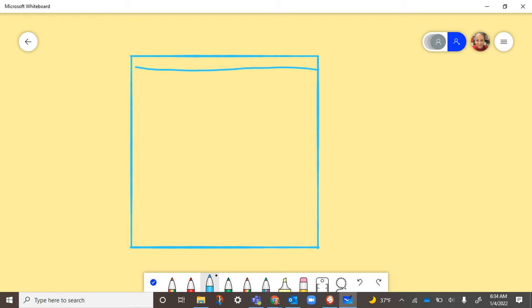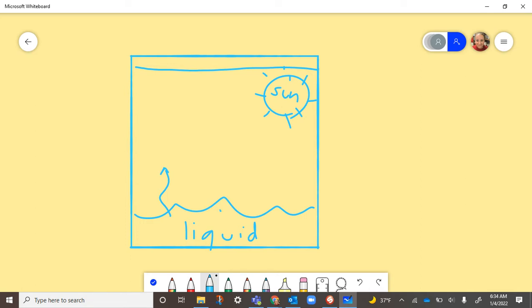So everything starts off with the sun. That's your powerhouse. Without the sun, we would not have the water cycle. So we labeled it sun. So the sun heats the water. The water right now, if it's in the ocean, in a lake, a river, if it's in a puddle, it's liquid. And the sun gives off light and heat, but it's the heat that is turning the water, the liquid water, into a gas, and we call that gas water vapor. So this process right here is called evaporation. So you can label that on your bag.